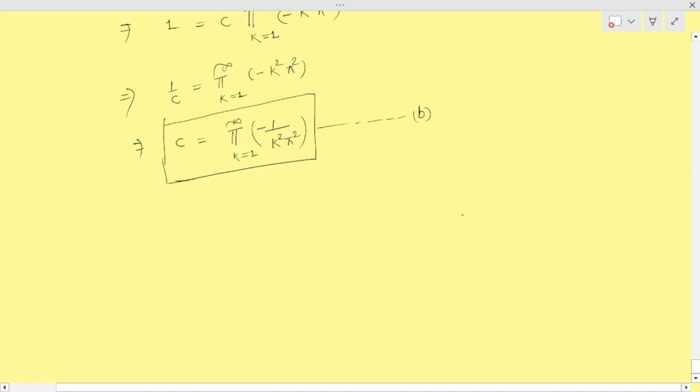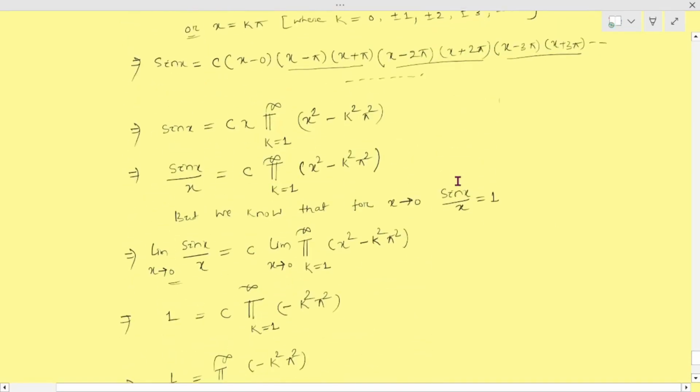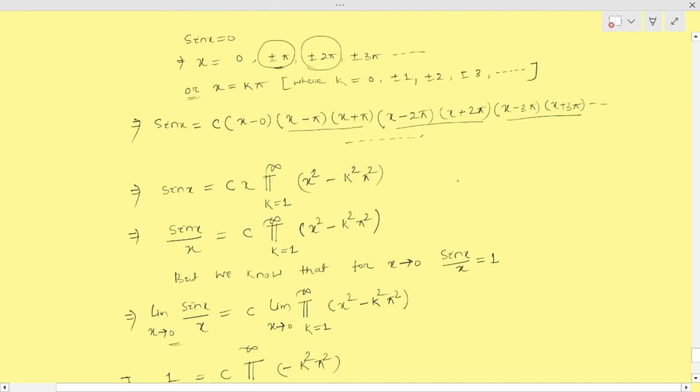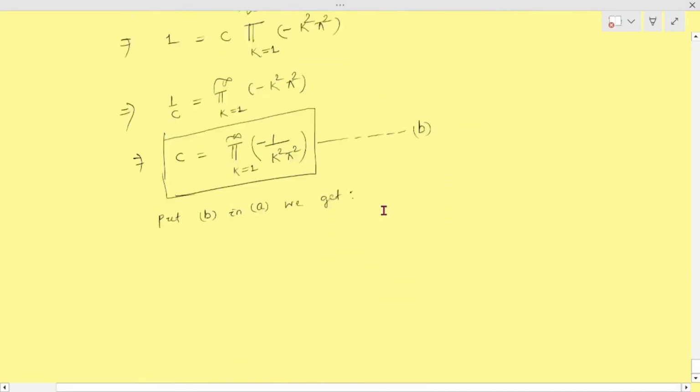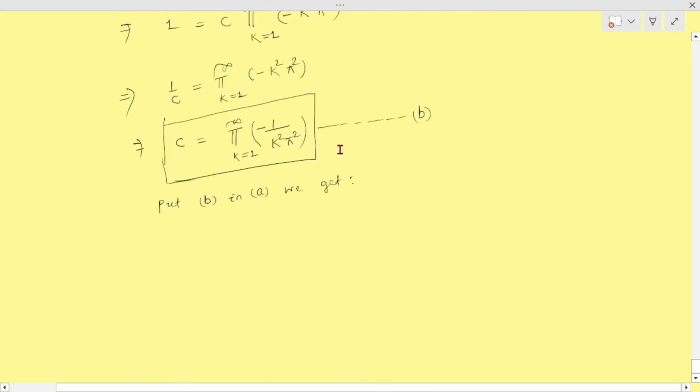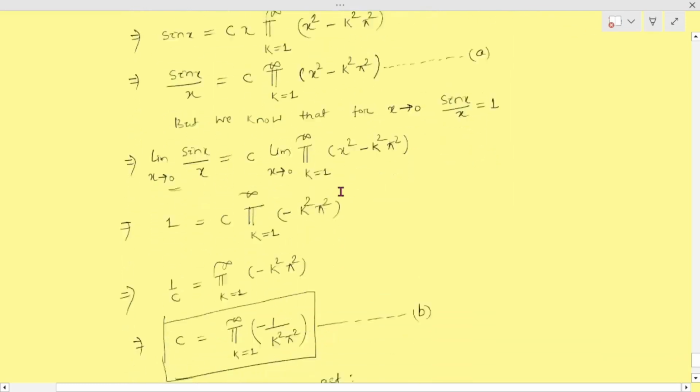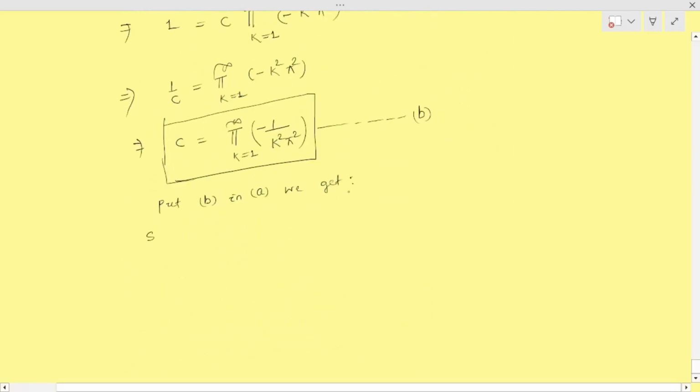Let this be equation number b, and this is your equation number a. This one, sin x by x, is your equation number a. Now we have to put the value from equation number b, that means the c value, in equation number a. What can we get here? If I put it, then sin x by x will be equal to